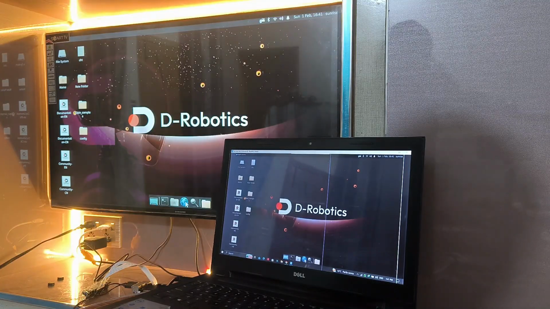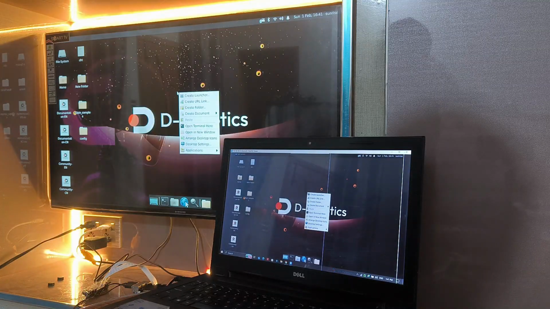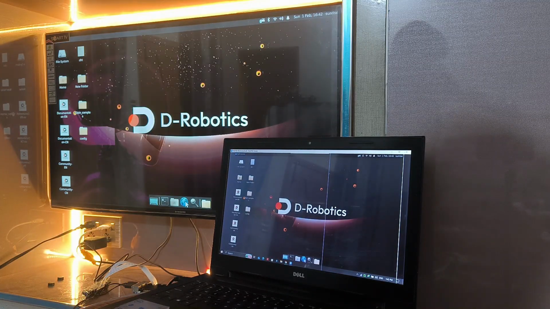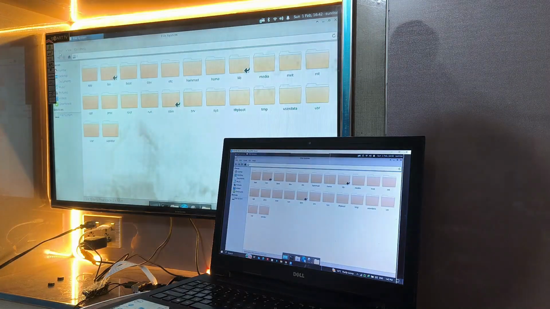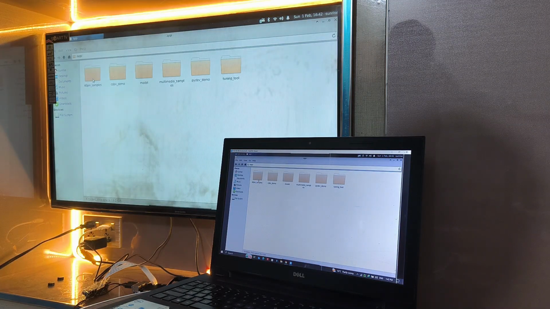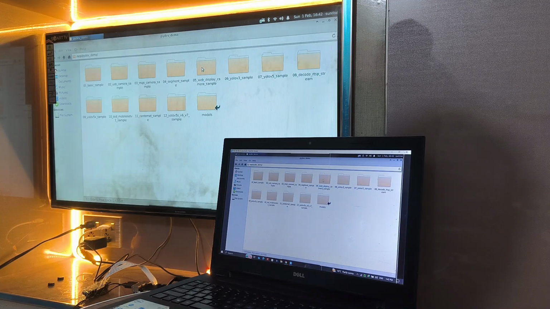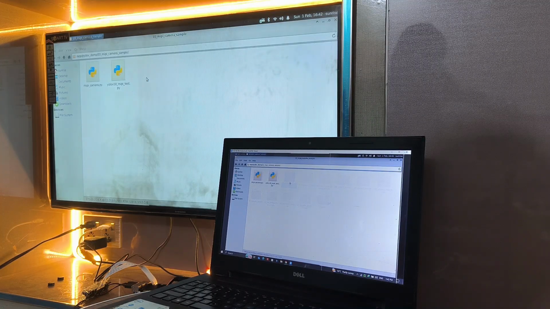Next, we are going to run the live camera stream. First go to the file system on the RDK X5, then navigate to the app folder. Inside app, open the PyDev demo folder and open the terminal there.